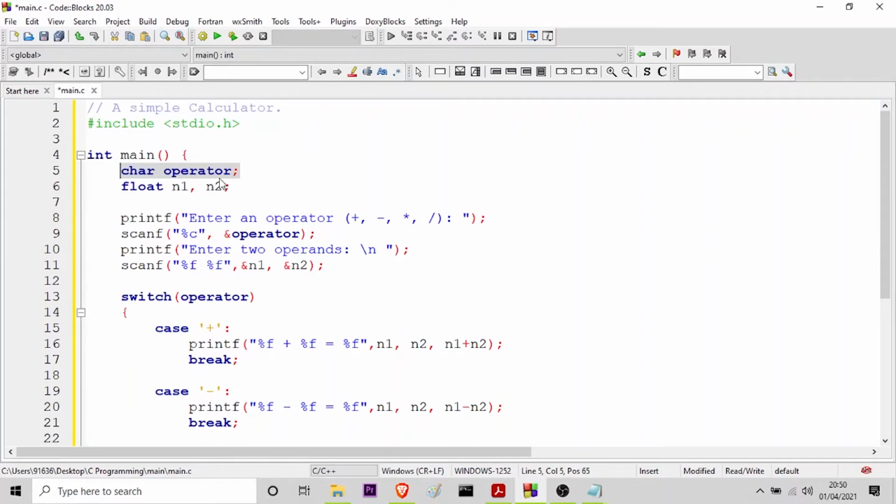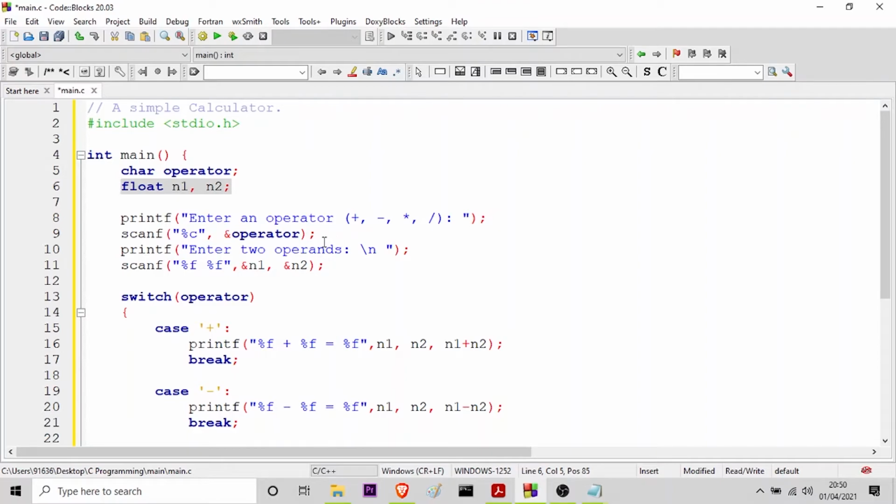With the help of this, I will take an input from the user about the type of operation he or she wants to do. It may be addition, subtraction, multiplication or division. Then I have taken two variables n1 and n2. These will be the operands and they are of the floating point data type.